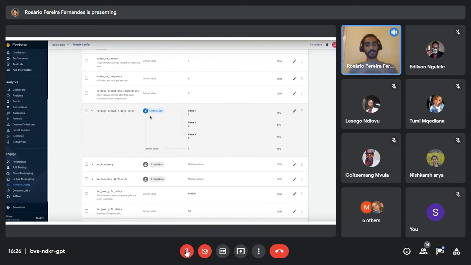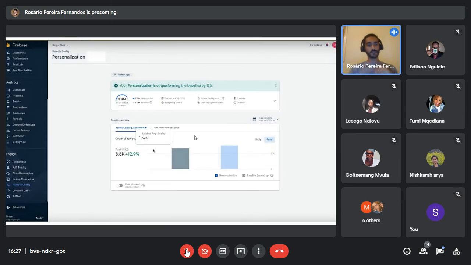So after you publish it, you can come back to the console, you can open that parameter, and as you can see here, you can see the options that you set under personalization. So there's the default value, which used to be 3, and there's our personalization options. So we had 1, 4, and 8, and then we can click on it to actually see more details, and you'll be directed to this screen.